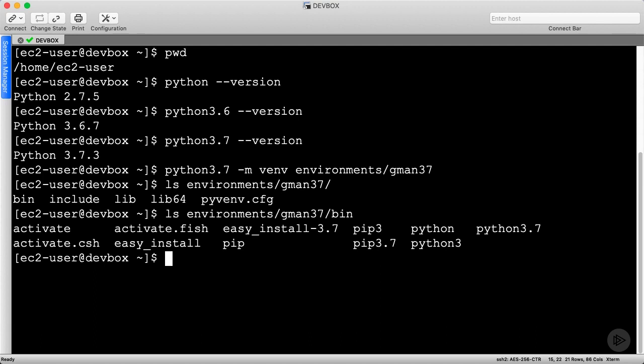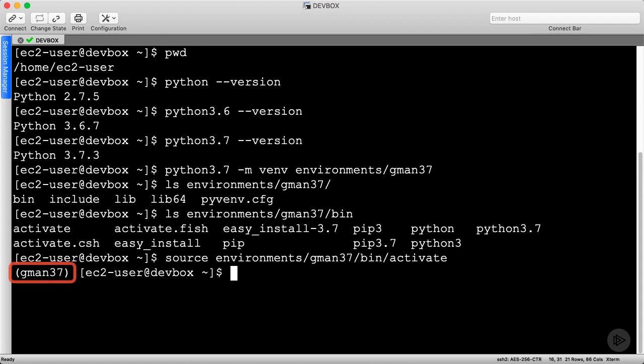This updates our shell's configuration and environment variables to point into this specific virtual environment to find Python packages rather than the system directories. We can enter the virtual environment using the source command and specifying this file. Notice our shell prompt changed as it now displays the virtual environment name. We also don't need to specify our Python version anymore, as simply Python will be referencing the proper Python binary.